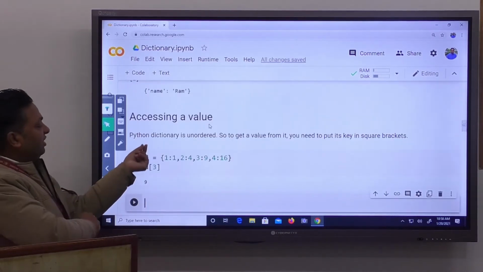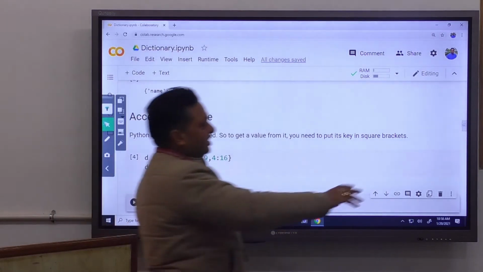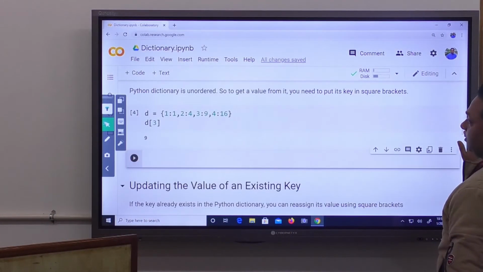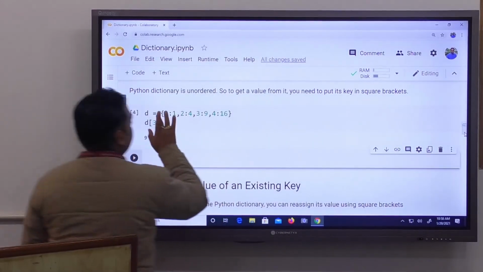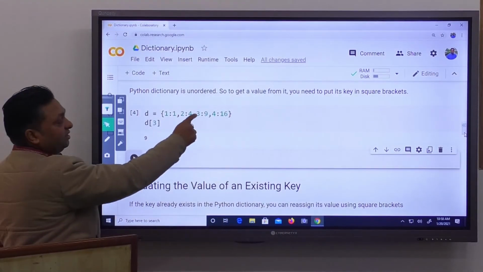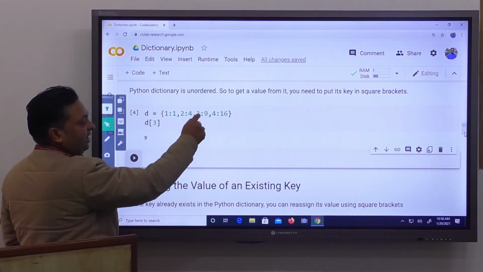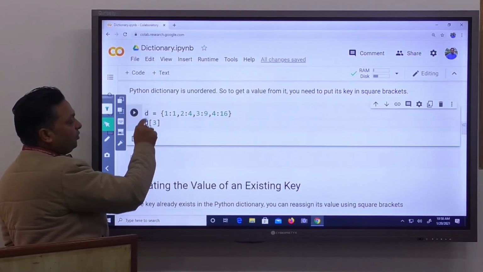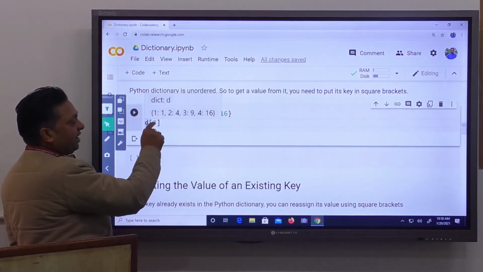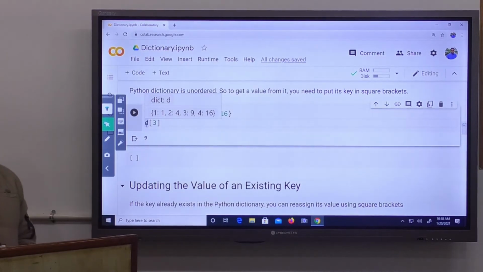Run it, it will give us the value. Easily you can see, here we create a dictionary. To access the value with respect to this key 3, what do we write? We write the name of the dictionary object, put square brackets, and inside the square brackets we put the key.